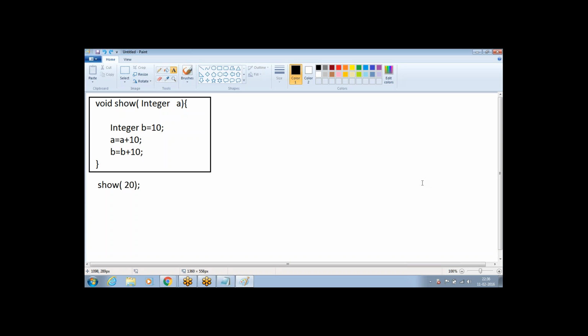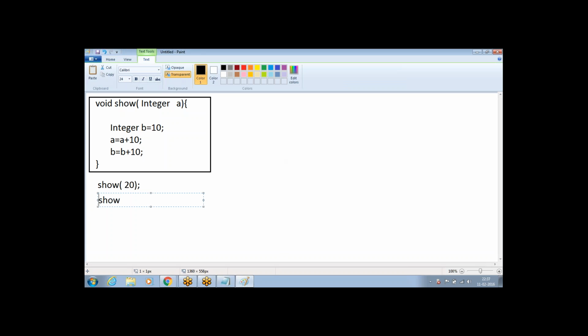That means I don't know what is a now, and I don't know what is b now. The values of a and b are only known till you complete that operation. Once that operation is completed, we don't know what is a or b, because local variables are known only till the operation of the scope is completed. Now again I am calling